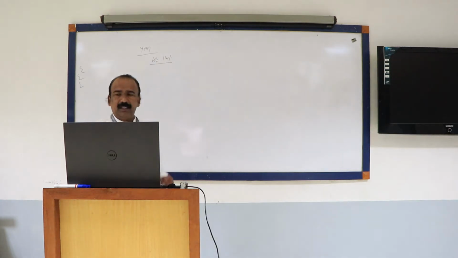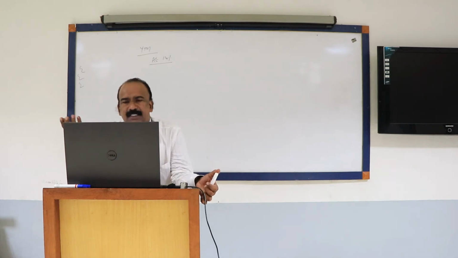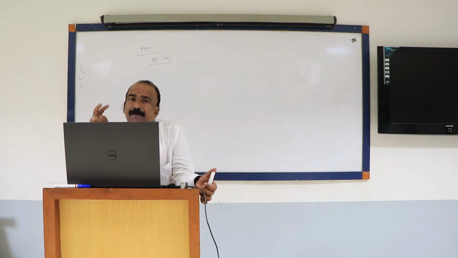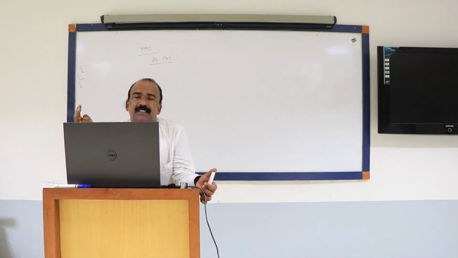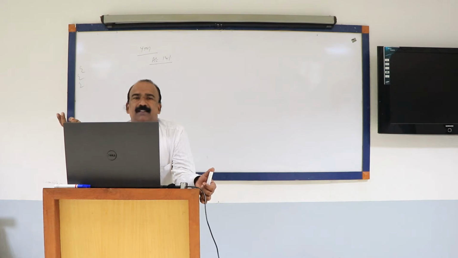Then you can ask, sir, why did you take 14%? Why not 11%? You can take 11%, no problem. That's why it's called the trial and error method. But you should take more than 10%. That is what is important. Why more than 10%? Because the yield will be higher than the coupon, since the price is less. It is a discount bond.